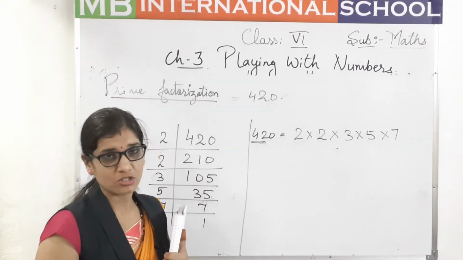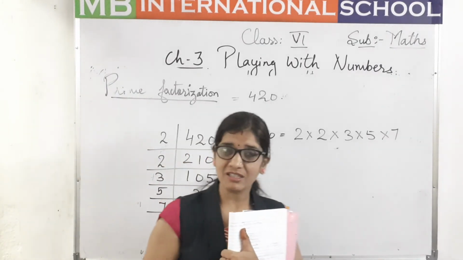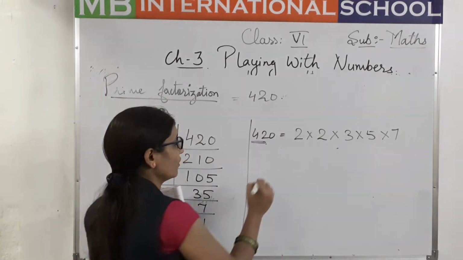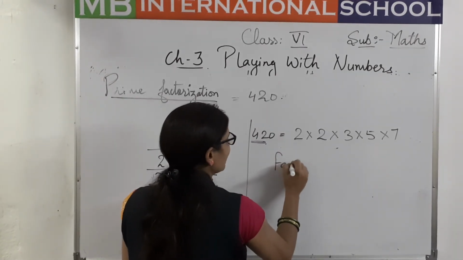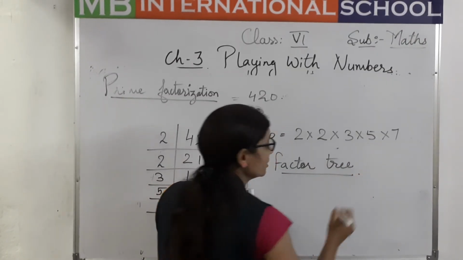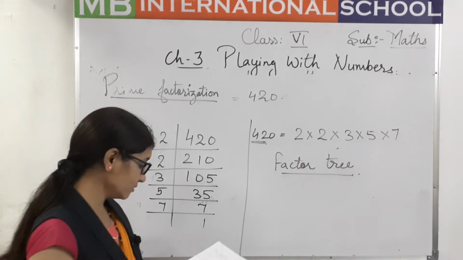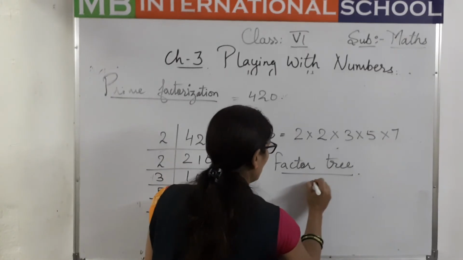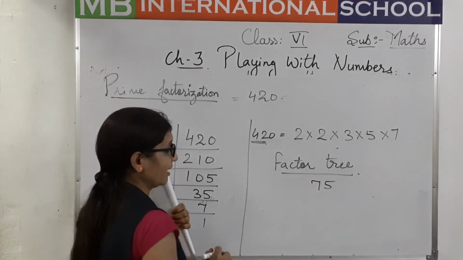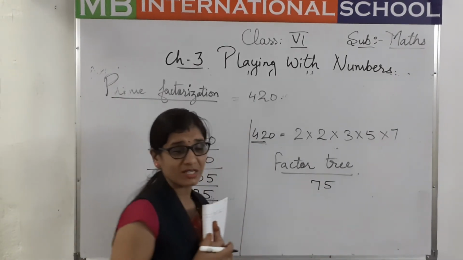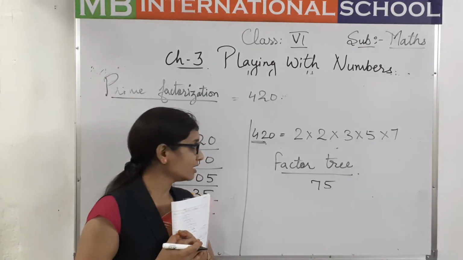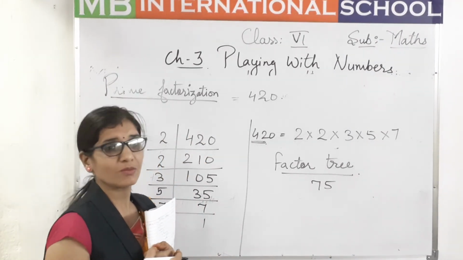Now we can also find it easily by the factor tree method. One more method is there, the factor tree method. In that method also we can easily solve it. For example, let's take an example of the factor tree method. It is also a factorization method, children. In this method also we can take a number 75. We see if this number is divisible by 2 or not. It is not divisible, it is an odd number, so it is divisible by 3.